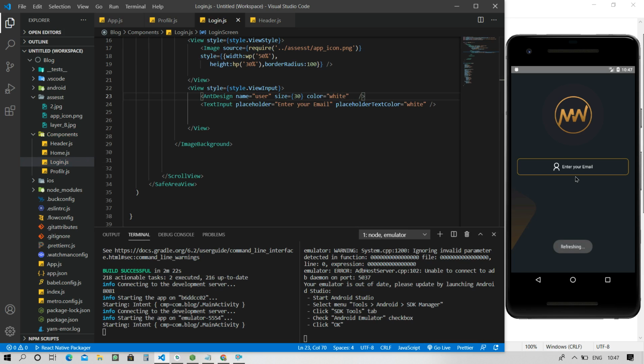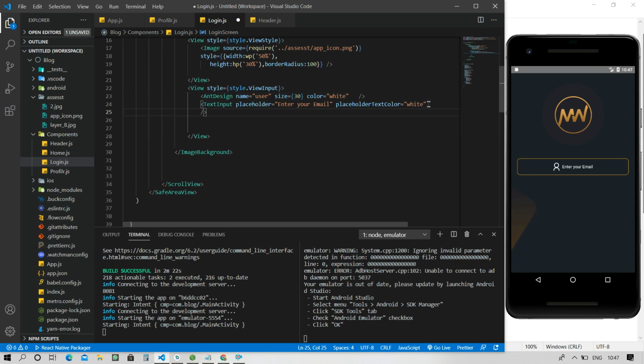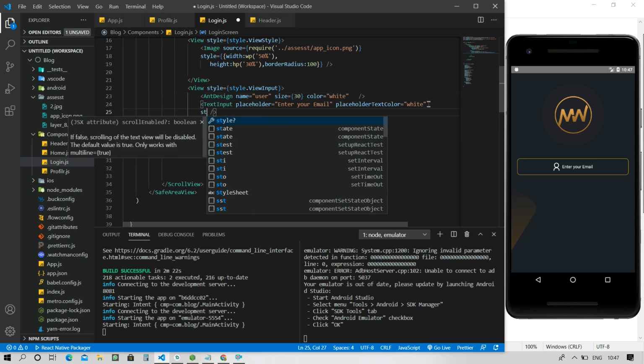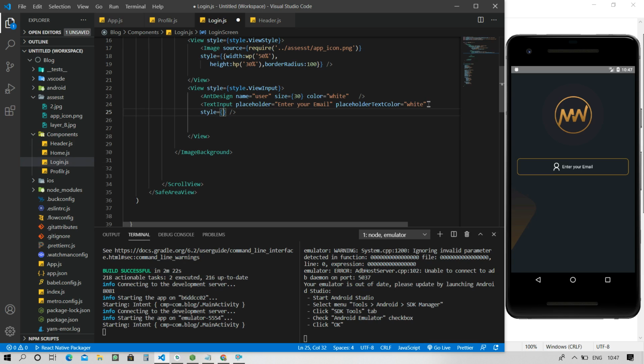So you can see that an icon appears here, and you can easily see it. Now I am giving a style property here, and the style is width of 80%. Okay, width of 80%. You have to give width 80%. Okay, Control S.